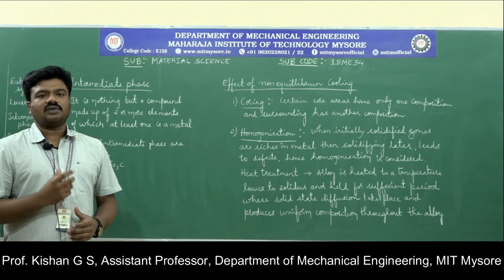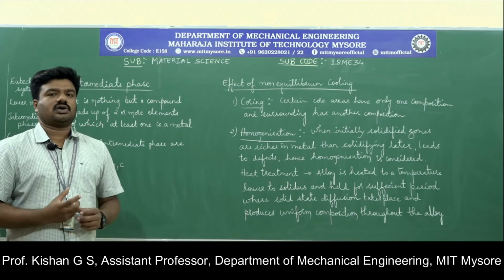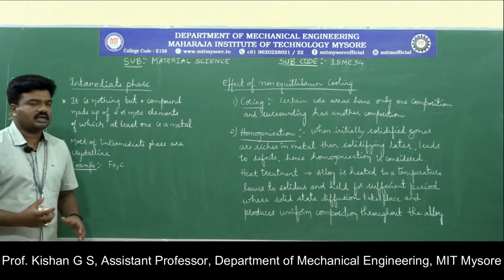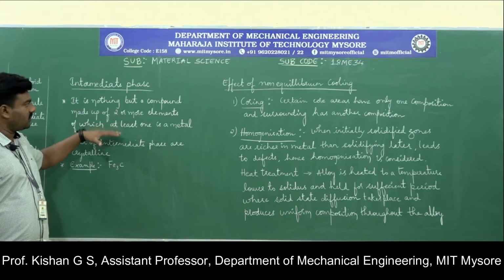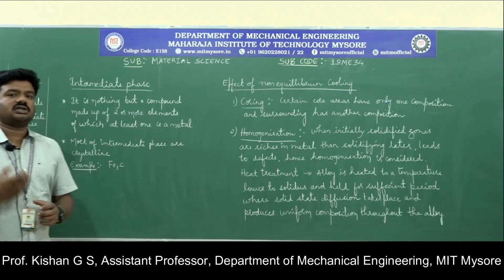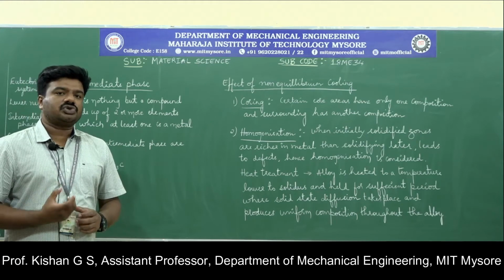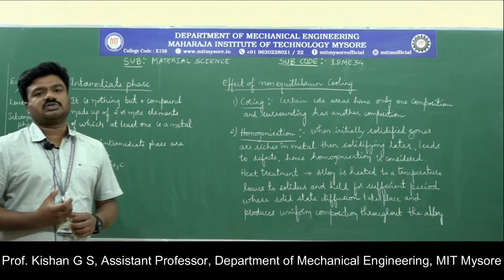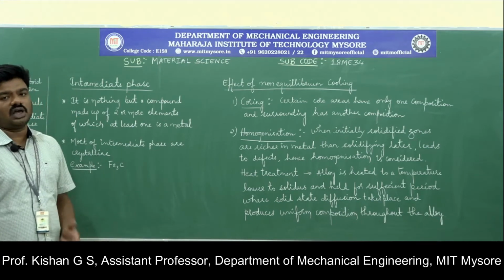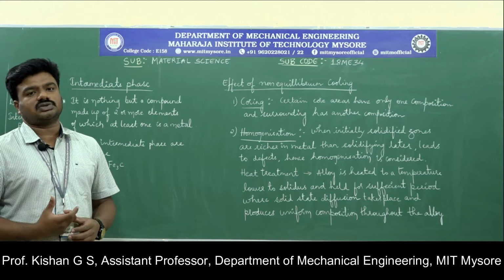So here, alpha and Fe3C, if we take the two things separately, the Fe3C phase leads to an intermediate phase, meaning that the intermediate phase is nothing but a compound made up of two or more elements, of which at least one is a metal. So you can just consider the Fe3C composition there. The combination consists of at least one metal, and usually the intermediate phase will always be crystalline in its structure. That is where we have represented the example as Fe3C. So it is always correlated with the composition of two compounds with at least one metal.